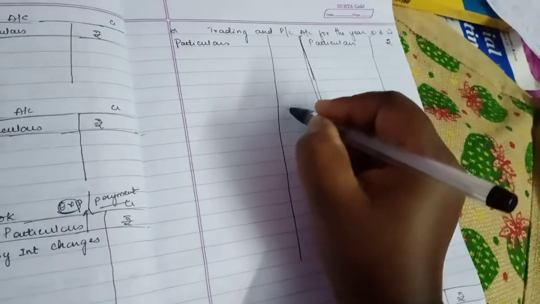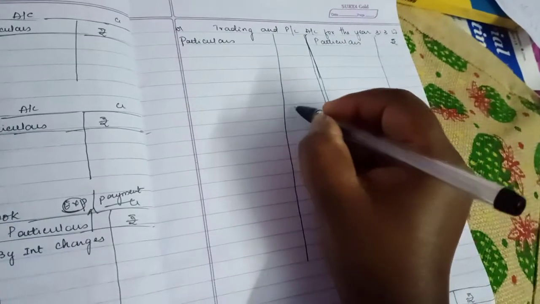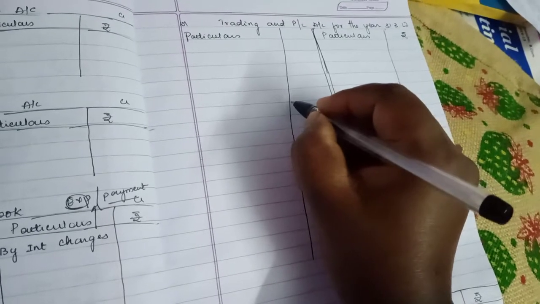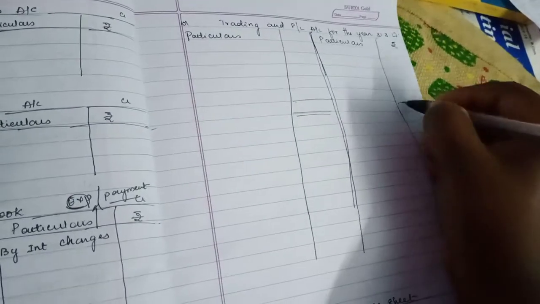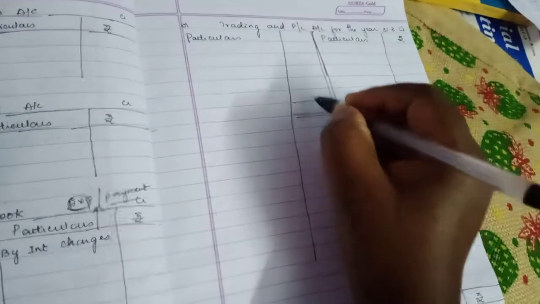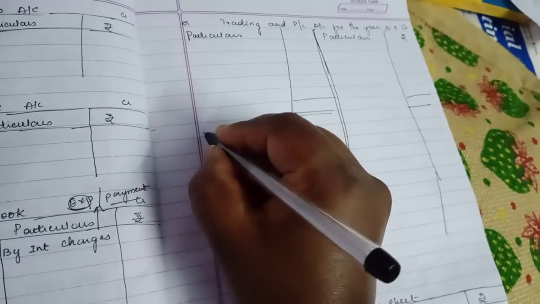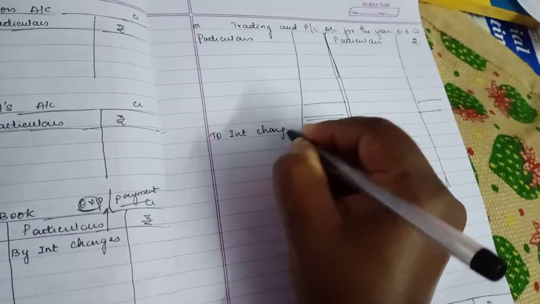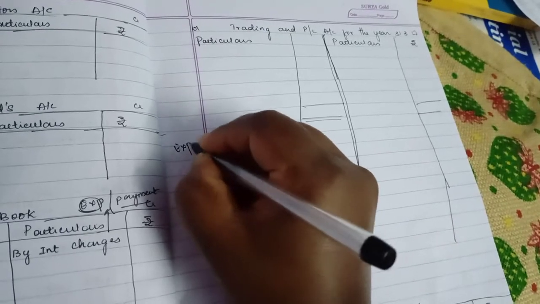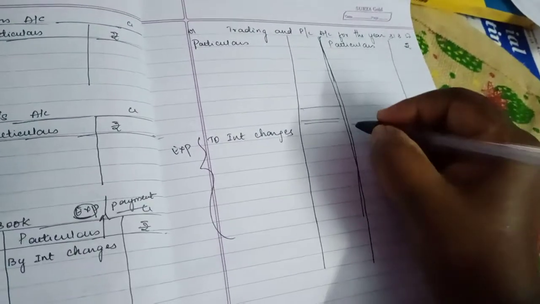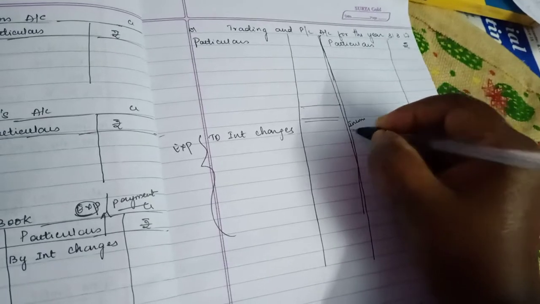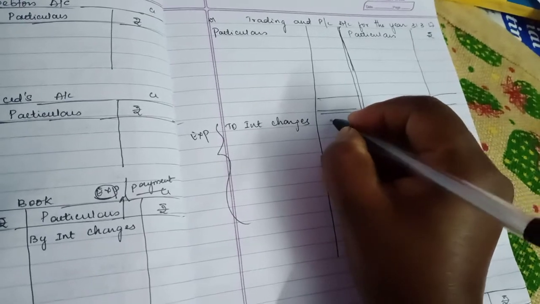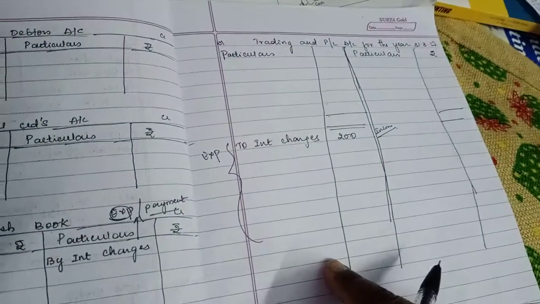Till half of the way it will be trading. After closing the account, for example, let me consider a few entries are there. I'll close this account like this, and from the next line, if you start writing, it becomes the P&L account. So to interest charges, on this side all the expenses will be recorded, and on this side all the incomes will be recorded. To interest charges, the amount here is 200. Any monthly expense should go to the P&L account.